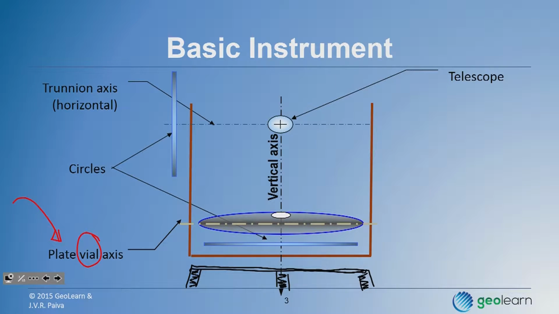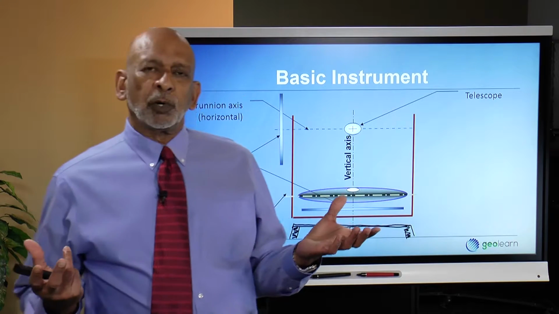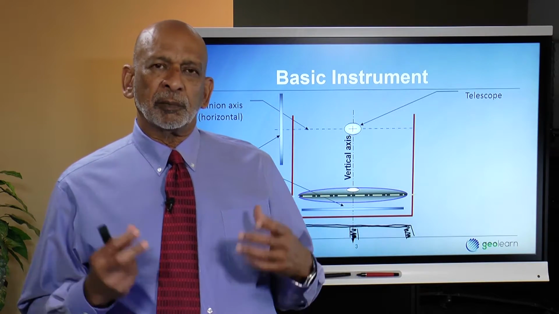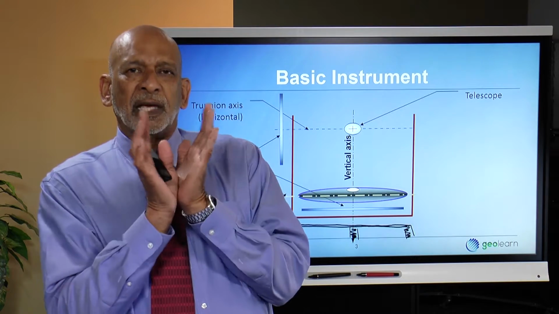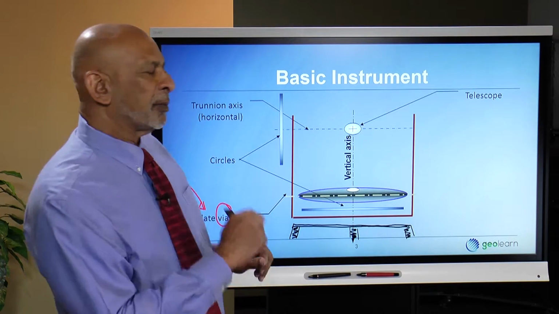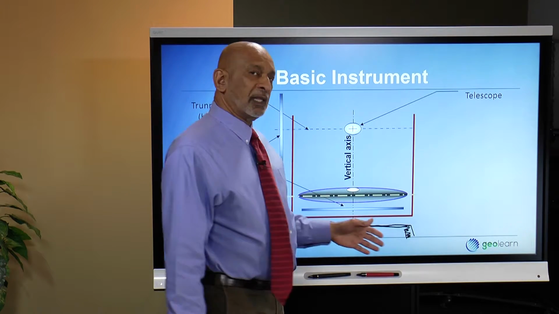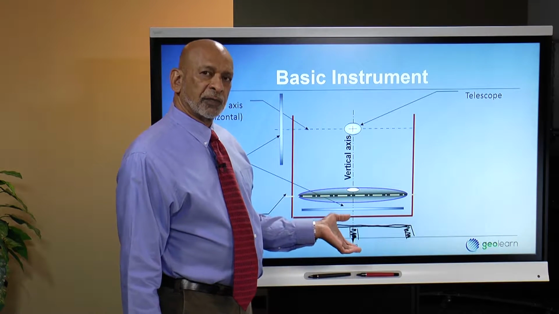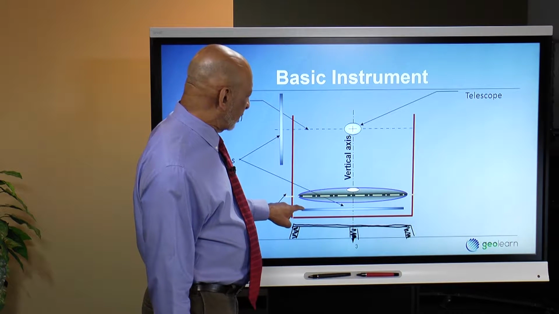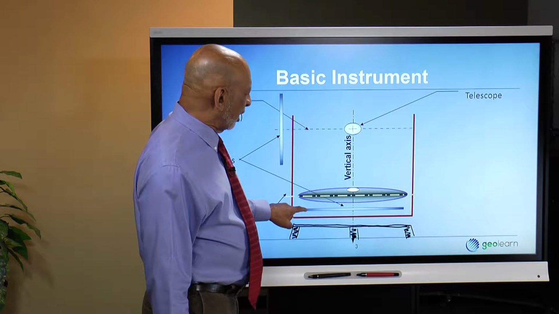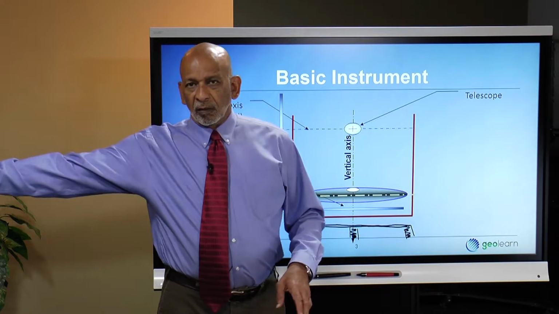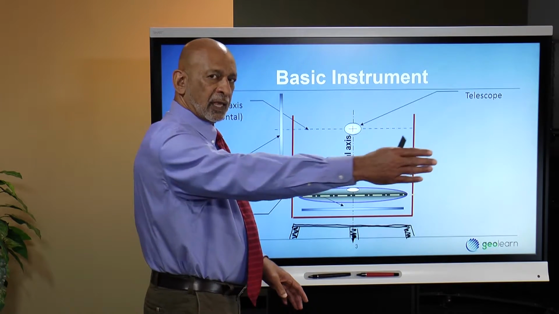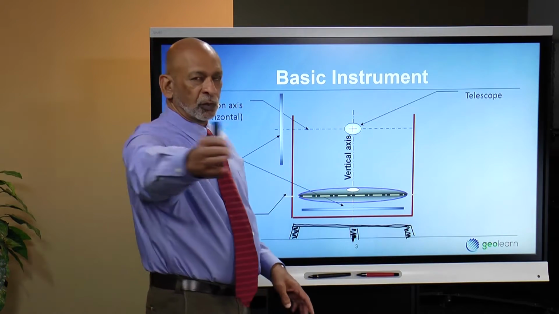So if you follow these arrows, we have 2 circles. The circles are basically like protractors. You need a protractor to measure angles on a sheet of paper to determine the angle between any 2 lines on a sheet of paper that intersect. And we're doing the same thing, except we're doing it on the surface of the Earth. So there's a circle, and you're seeing the edge view of the circle down here. This would be the horizontal circle, so that when I sight at different points, I am swinging my telescope through